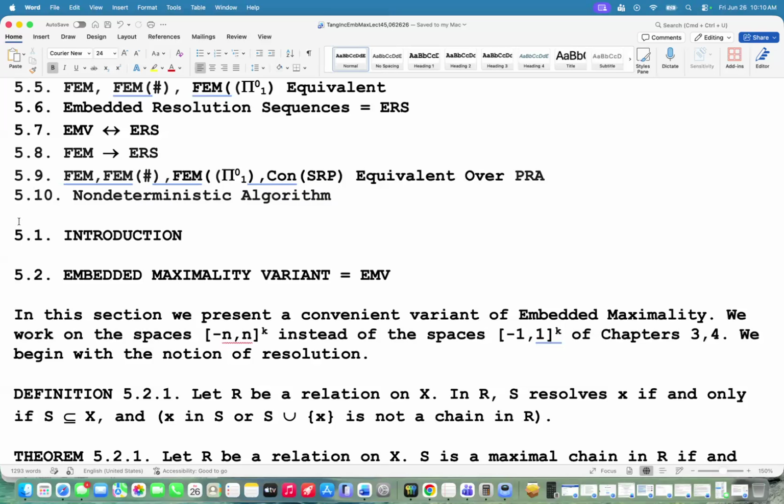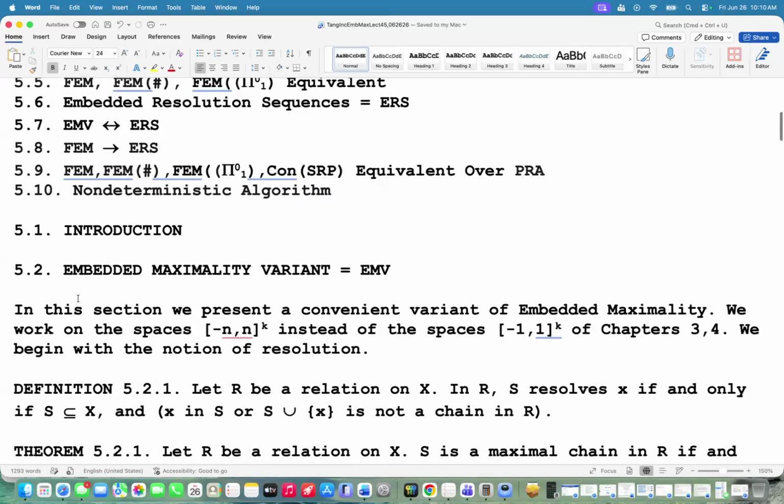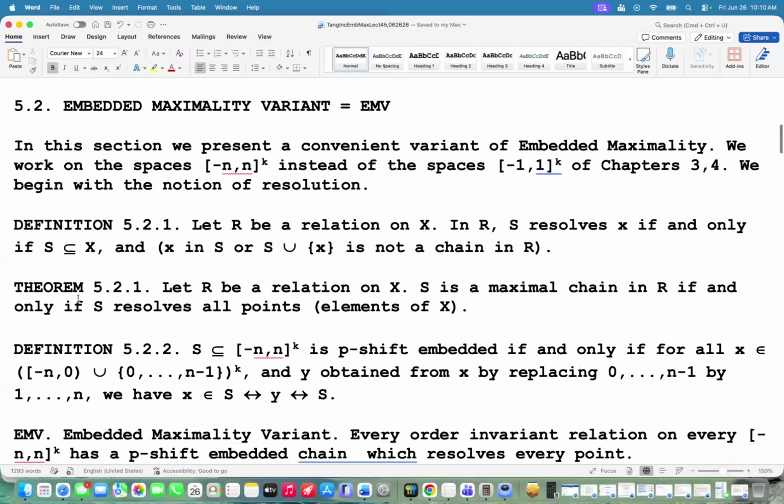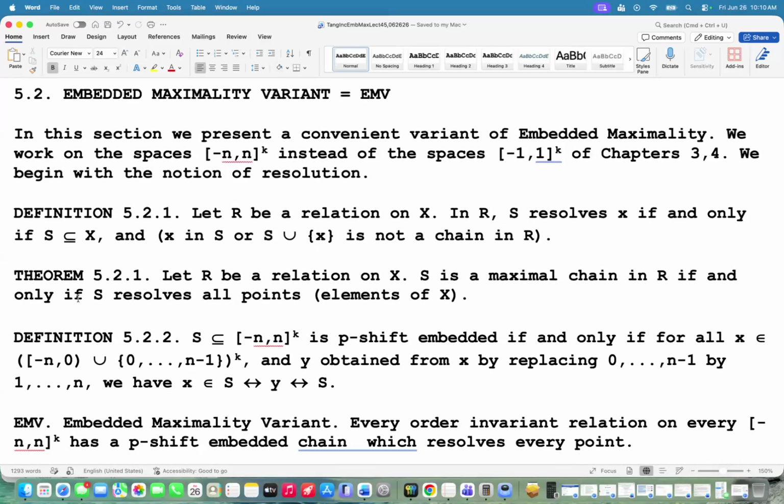All right, so here's the embedded maximality variant. First of all, we need some terminology. So this whole thing also needs a little different terminology. Okay, suppose I have a relation on any set X. In the relation, we say that S resolves X. S resolves X if and only if,